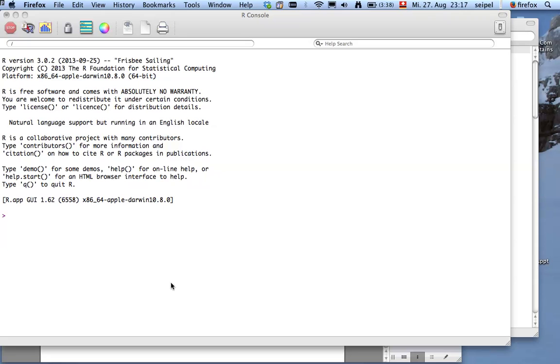On a Windows machine, you can find change directory under file, or you can use the command set working directory. You can use the command set working directory on a Mac or any operating system in the command console. On a Mac, you can find it under miscellaneous, and the shortcut is Command D, and that's what I tend to use. So I'm just going to press Command D,